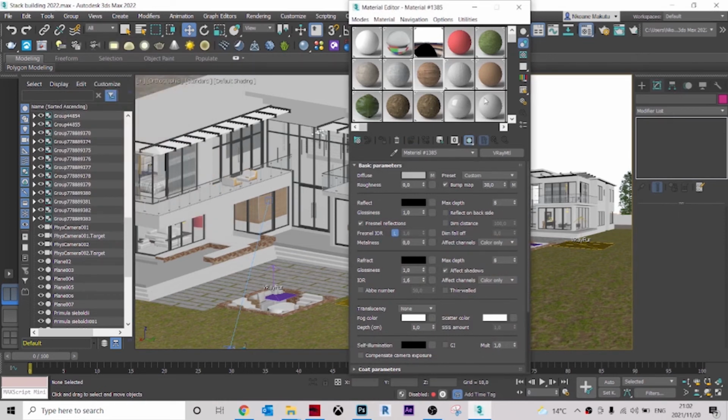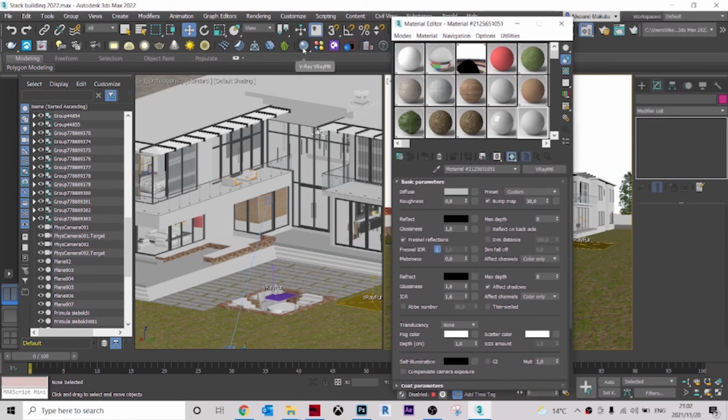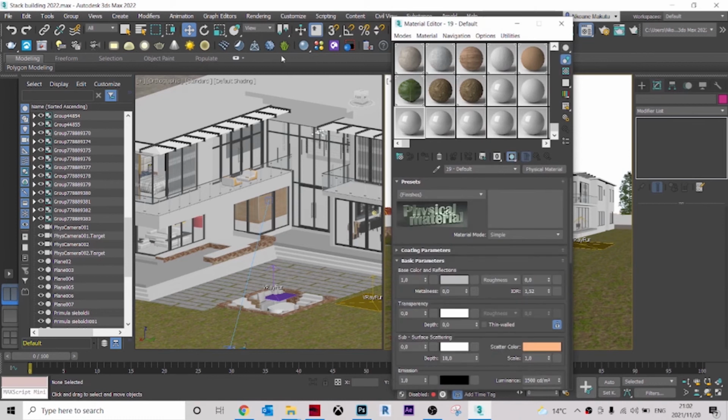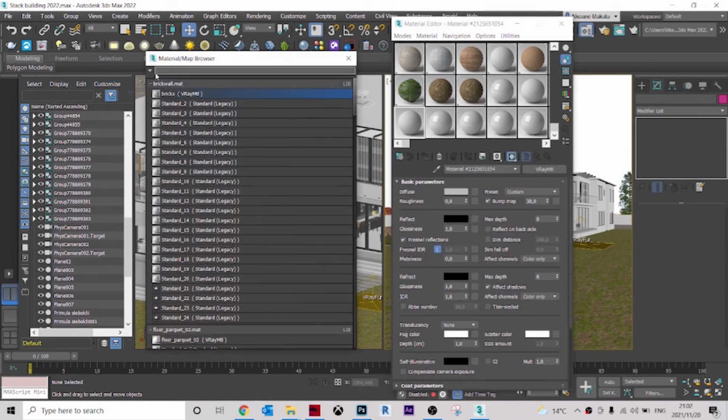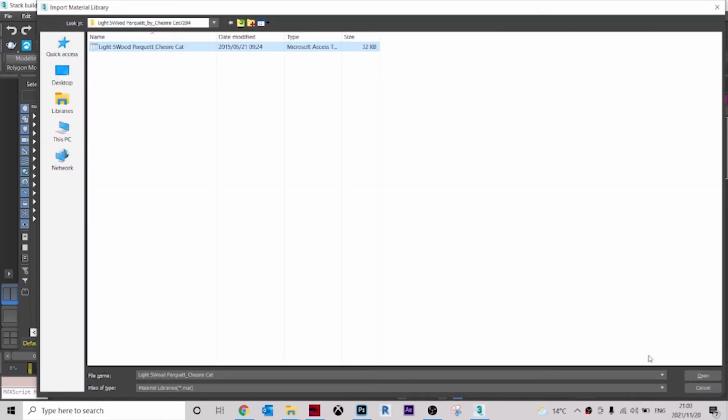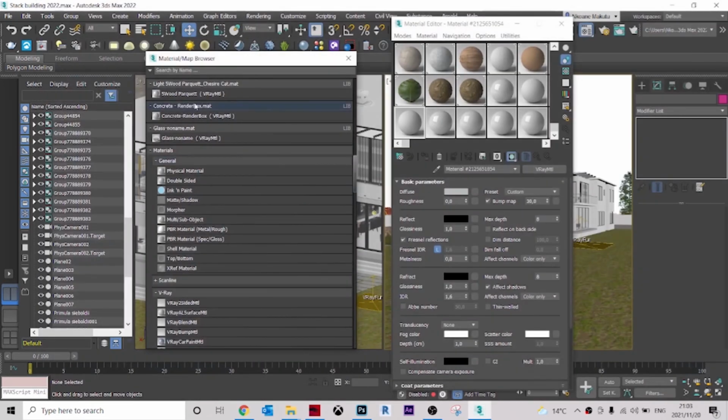This one is not good for the type of look I wanna go for. So I'm just gonna go on an empty slot right here, and I will get material. I'm gonna put this one in, and I will double click there,